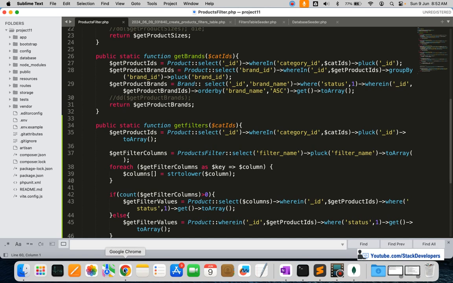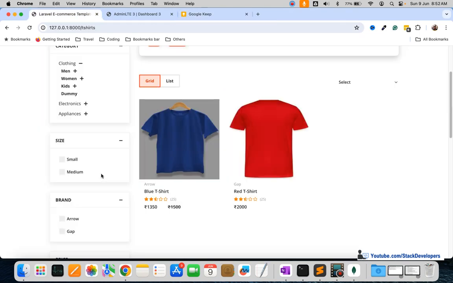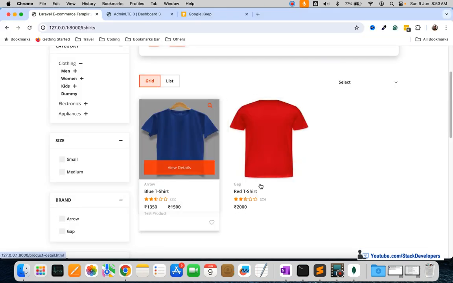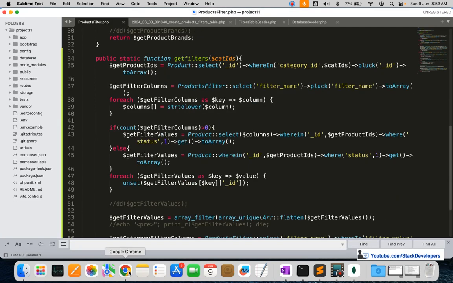Otherwise there is no purpose of showing so many filters here, and the user keeps on checking them, and there are no products coming for that. There is no purpose, it will just waste the user's time. So we will show only those filters for which products belong. So here, after adding this one,